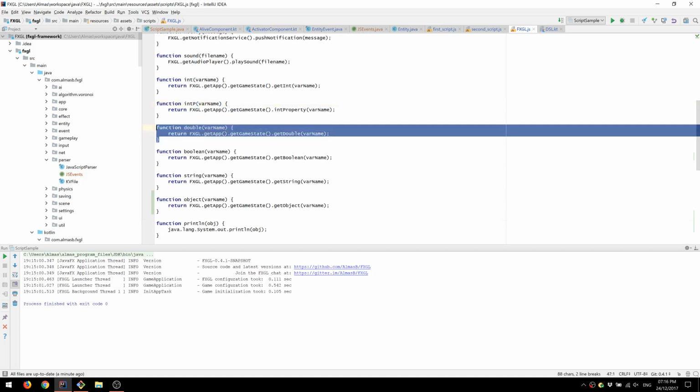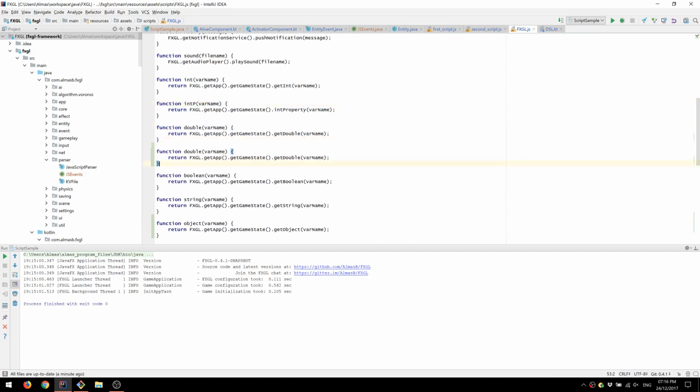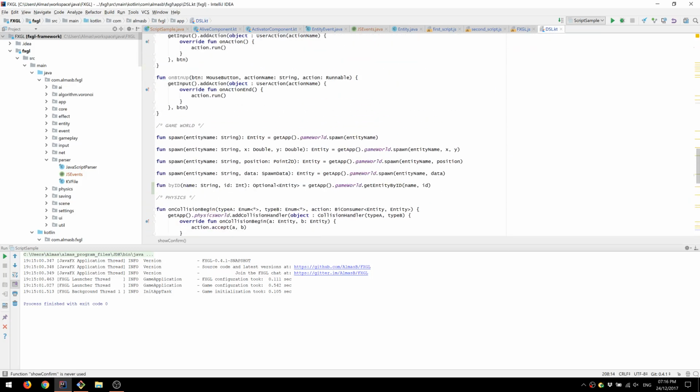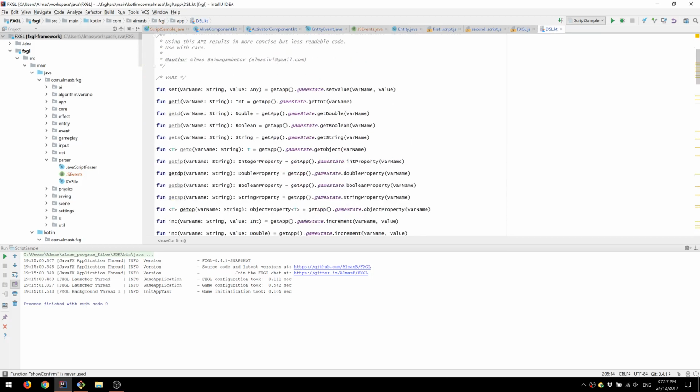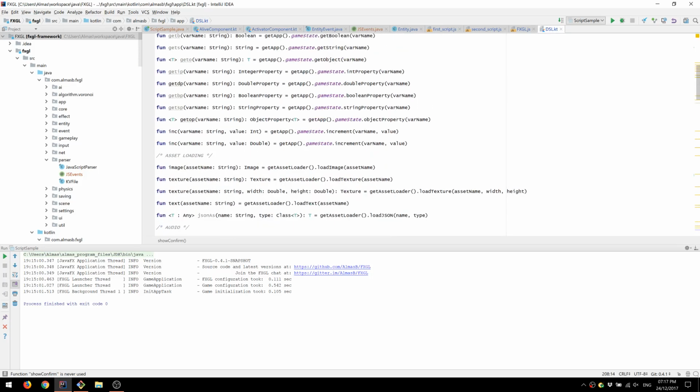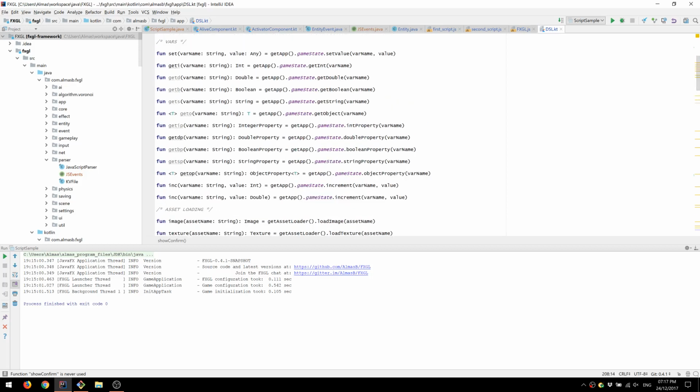So it's double p, and instead of double, it should return double property. Yeah, something along these lines. Of course, I could use the DSL, which returns